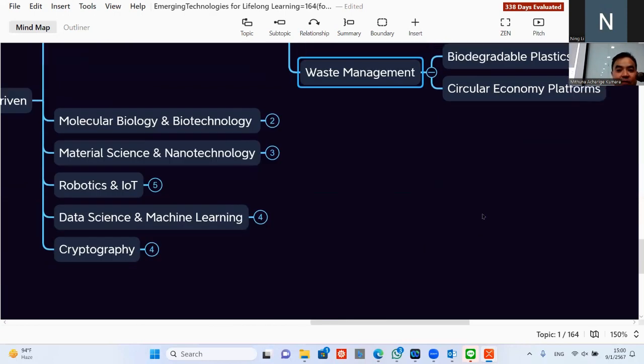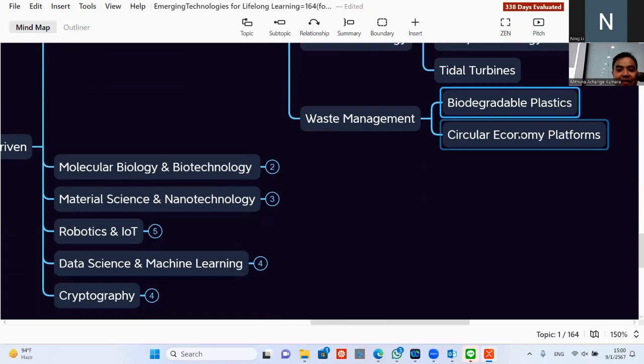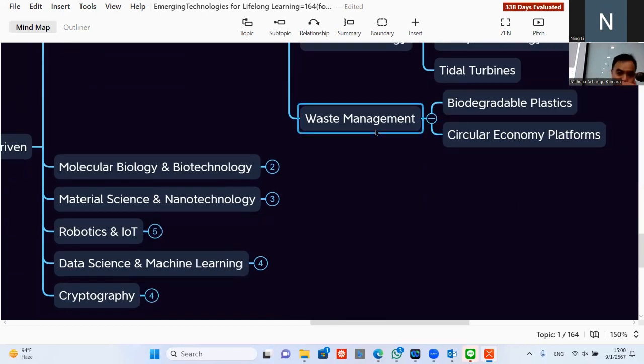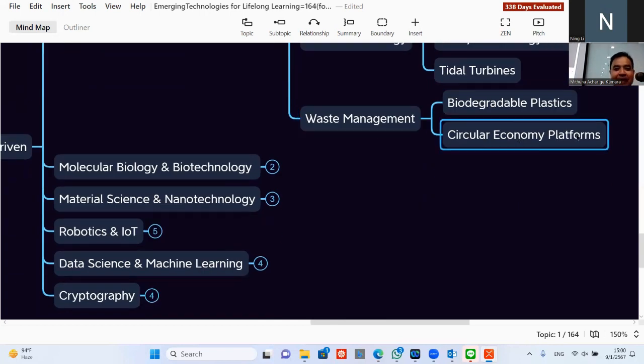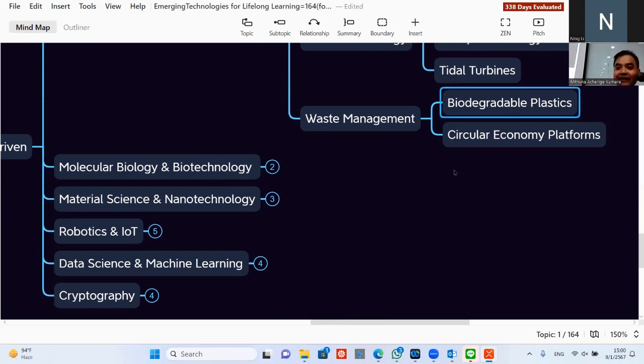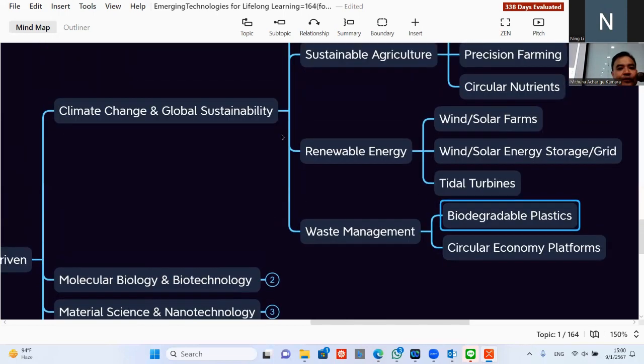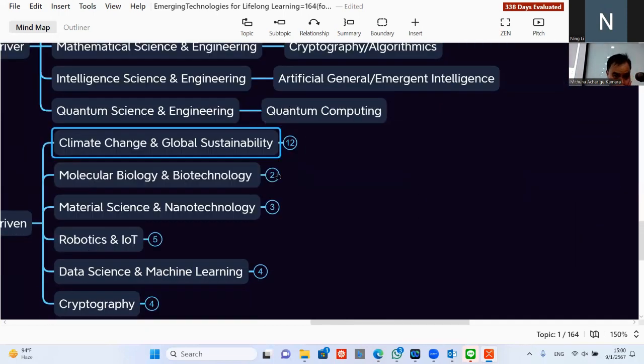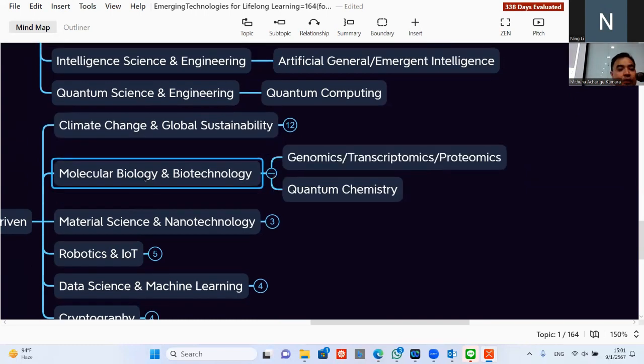Waste management, we talk about that, biodegradable circular economy platform again. Well, this one may rely more on political will than this one. This one rely more on scientists. I will be using biodegradable plastic as one of the examples, okay, of how we can learn about this. Okay, so these are about global climate change, global sustainability, and then we talk about things like,